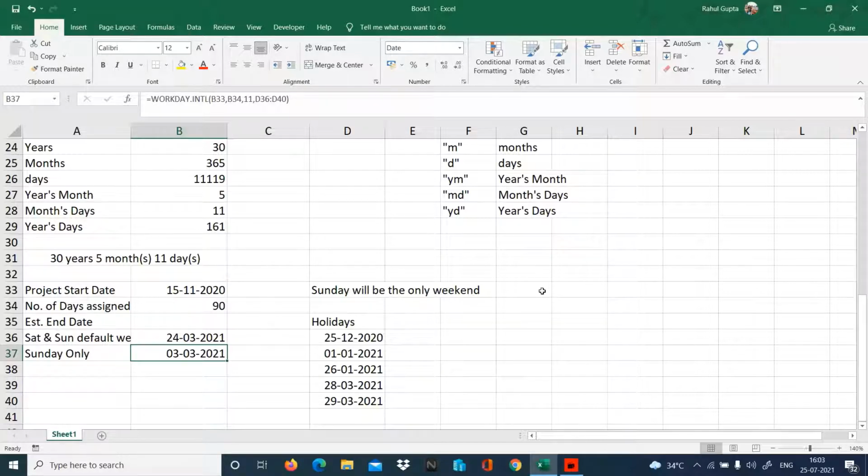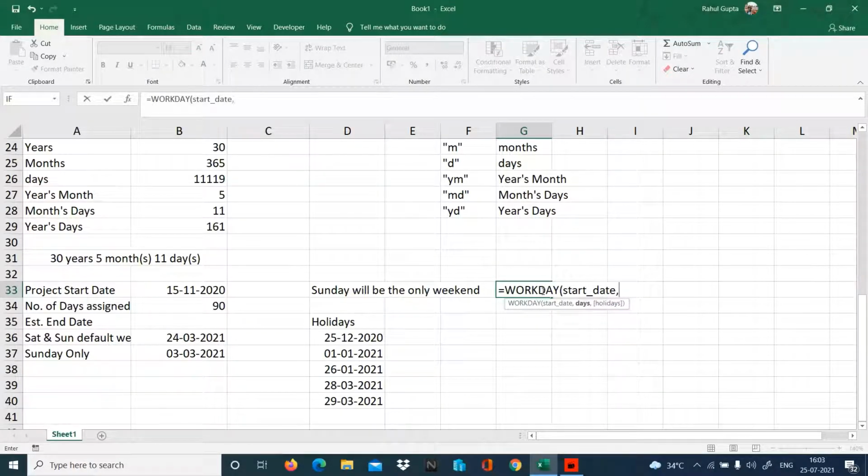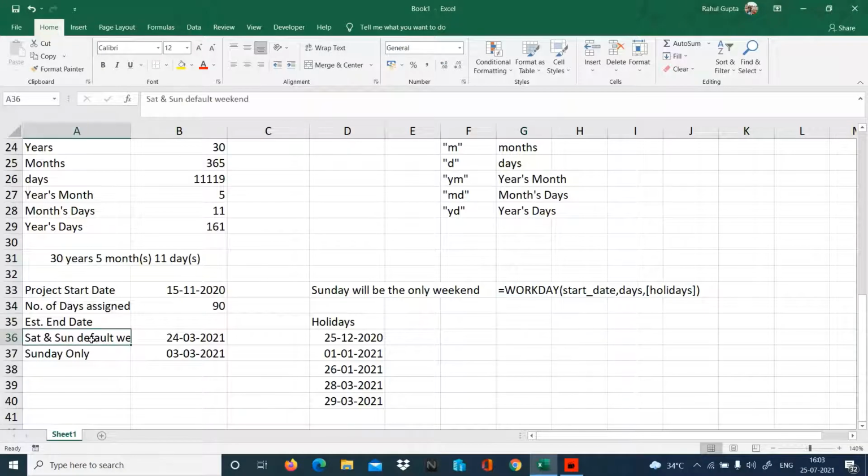I'm writing out the function also: is equal to WORKDAY, start date, comma, days and holidays. Again, holidays are not mandatory. If you're not giving any off, leave it. Here, Saturday and Sunday is the default weekend.